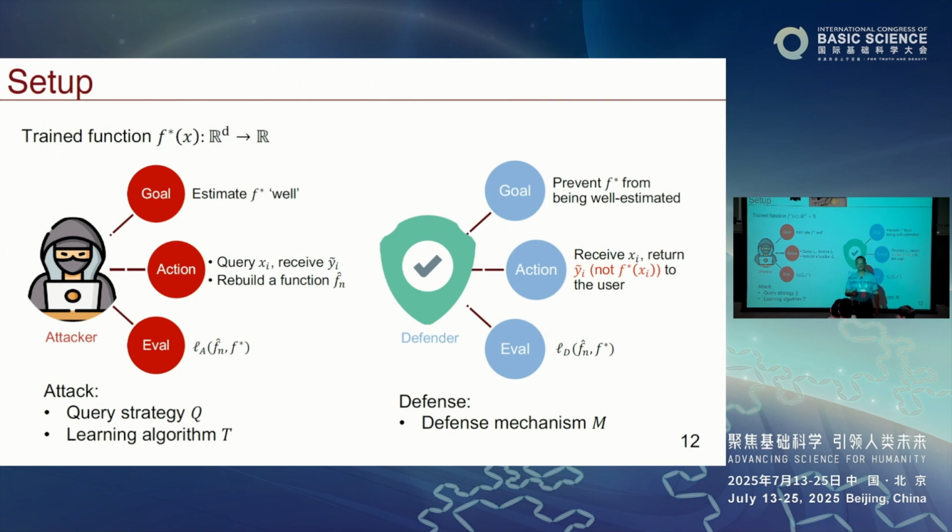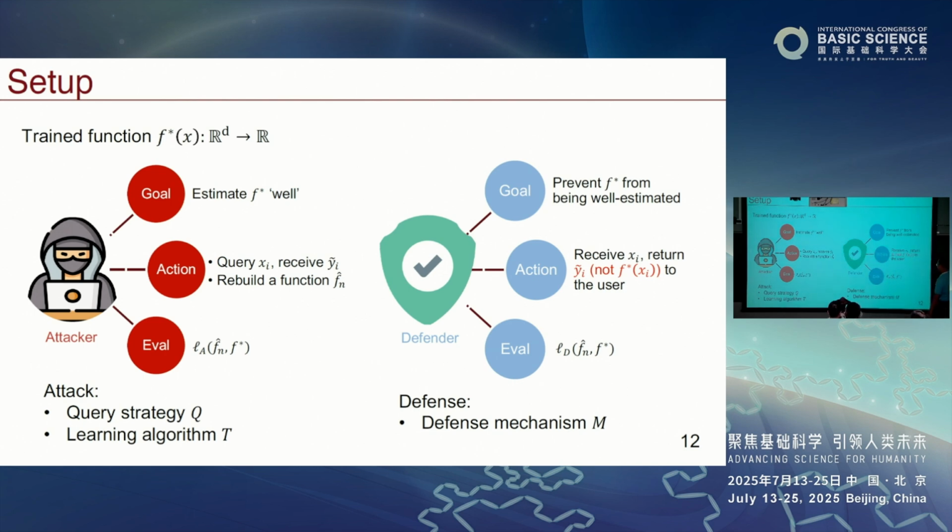We have the evaluation criterion we call L_A to emphasize its attacker perspective. For example, the attacker may want to steal the model for young people instead of for the general population, so the loss function can emphasize that. Two things are critical: the query strategy and the learning algorithm. What kind of X should I ask? And how do I learn once I receive the response-query pairs?